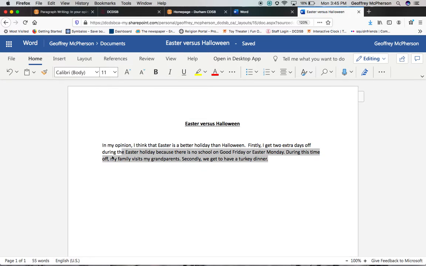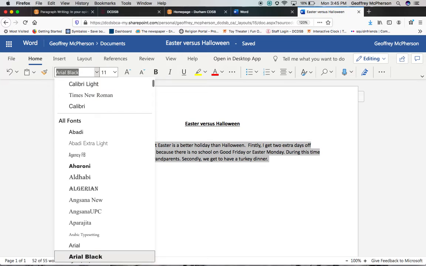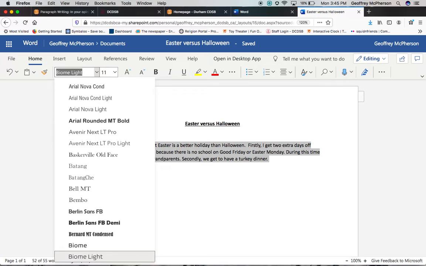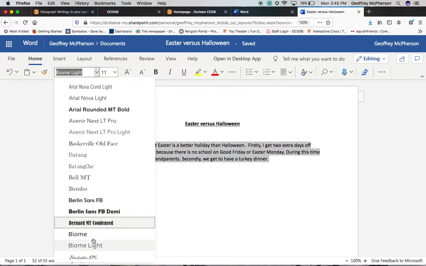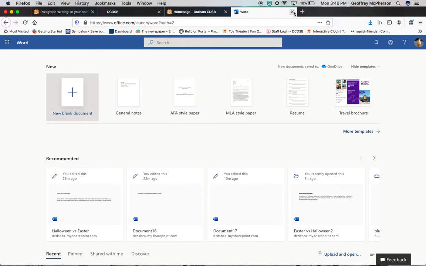And maybe I want to change the style of writing. So I'm going to go to the different types of fonts here, and just make sure you don't pick a font that is all capital letters or is in a form that I can't read. And if you can't read it, I probably can't read it either. Biome Light, it's a little fancier, and there it is. Okay, so now this is all saved. The title is Easter versus Halloween, and I can now exit,